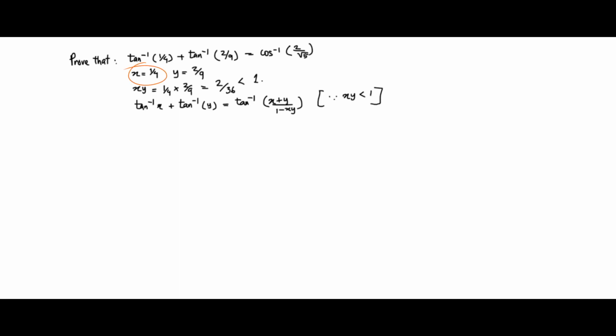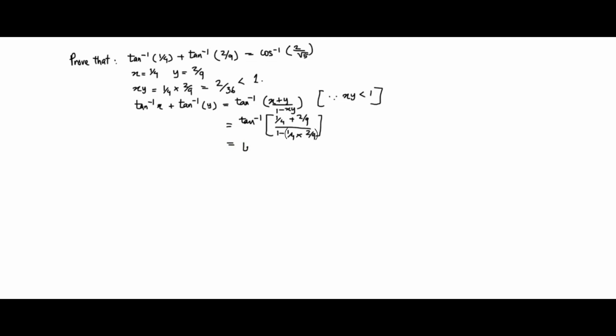Now we have the value of x as 1 over 4 and y as 2 over 9. We will substitute the values of x and y in this equation or property. Now this will be equal to tan inverse of (x plus y) divided by (1 minus xy). The x value is 1 over 4 plus the y value is 2 over 9, whole divided by 1 minus 1 over 4 times 2 over 9, which is equal to tan inverse of,